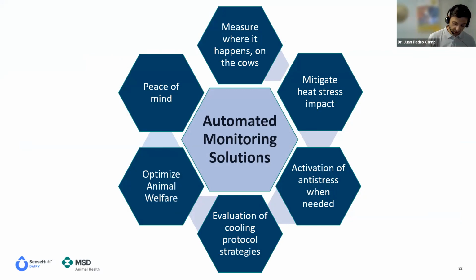So basically what I wanted to transmit to you in this talk is that automated monitoring solutions can help you to totally control heat stress by measuring where it happened on the cows, knowing in real time what percentage of cows are suffering, based on making real-time decisions to mitigate the heat stress impact, by allowing me to know when I need to activate the anti-stress, allowing me to evaluate my strategies in the cooling protocols,